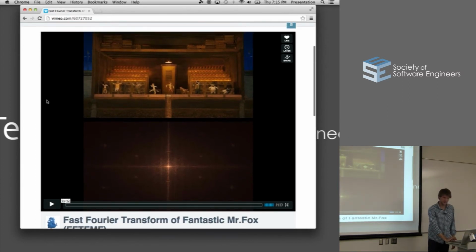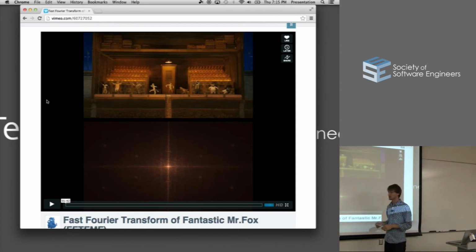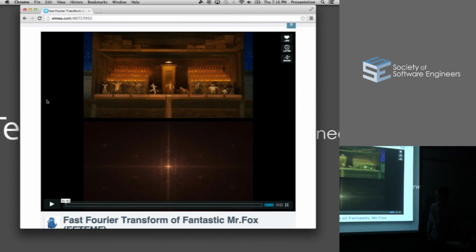Fox. So I took every frame from this movie and then did the Fourier transform and displayed its magnitude information, where, again, it's a little hard to see. If I bathe you in darkness, it might help. Cool. So when you take a Fourier transform of this image and look at its magnitude information, you get something